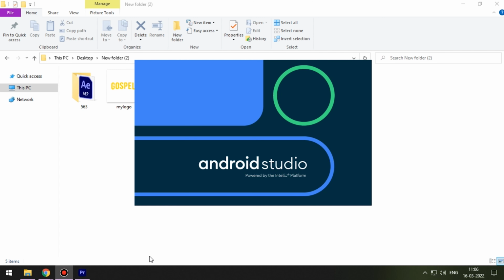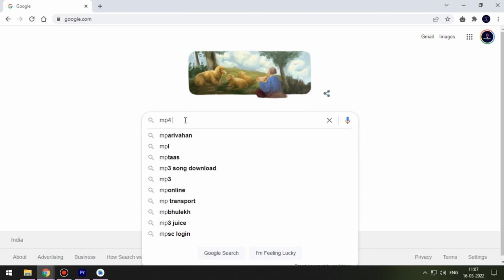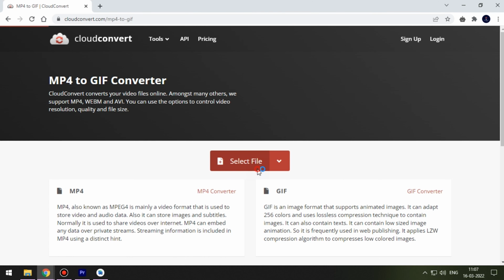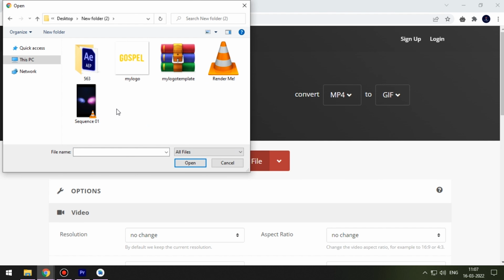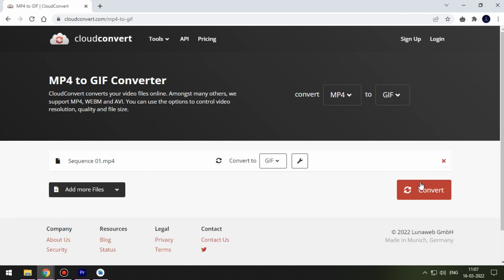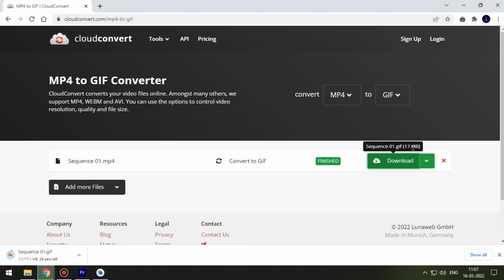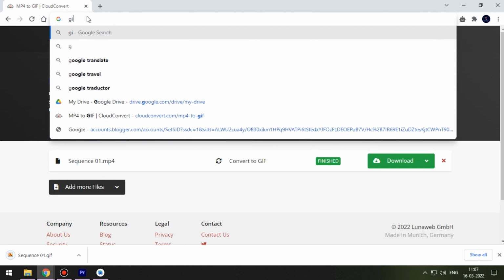We will use this as a GIF, so we need to convert this to GIF format. You can use any online GIF converter for this. You can see the file size is 17 megabytes. First, download this GIF. Then, open another tab and search for GIF compressor.